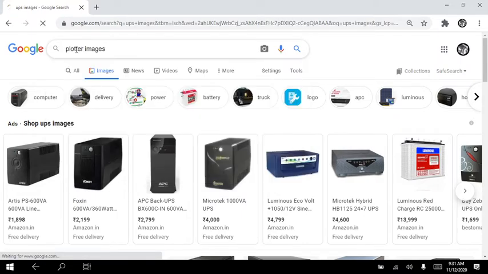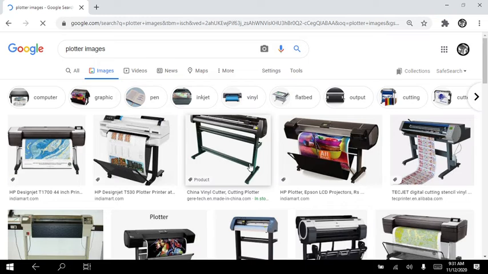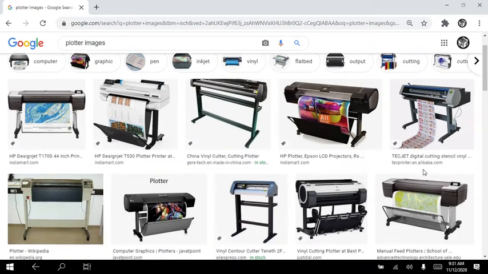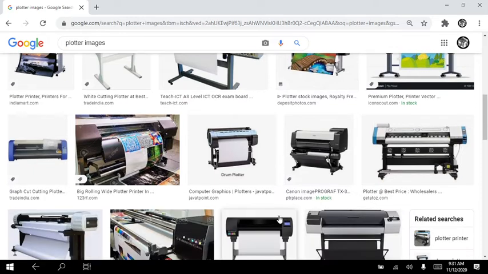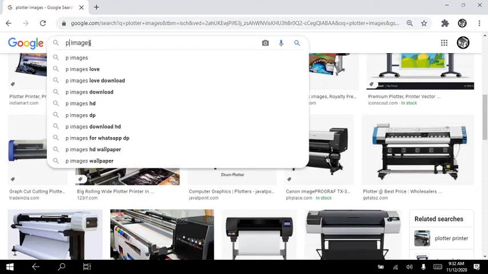This is a bit bigger than your printer. Okay, it is used to take large printouts on a paper sheet. It comes like this. Can you see this? This is your plotter. Fine. Then pen drive. I think everybody would have seen pen drives. You almost use it, I think.